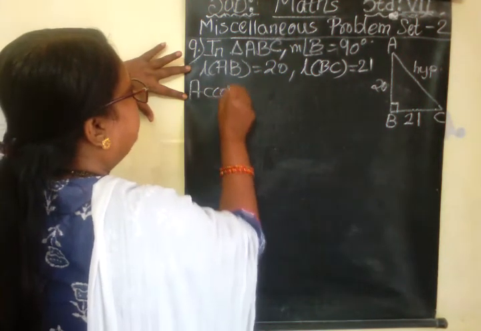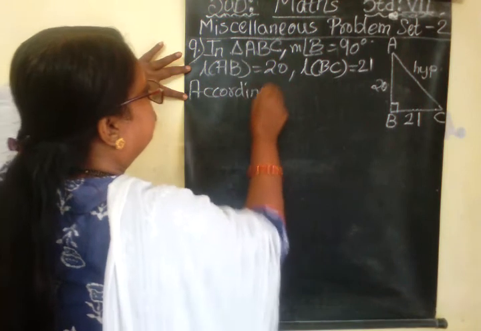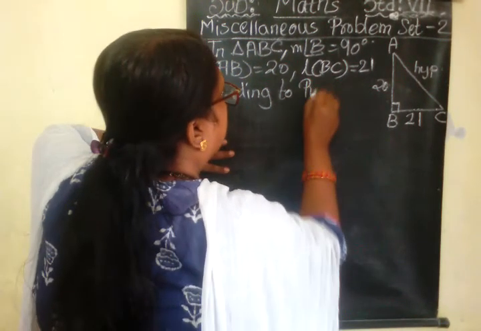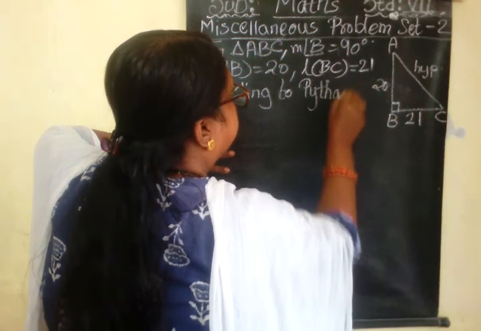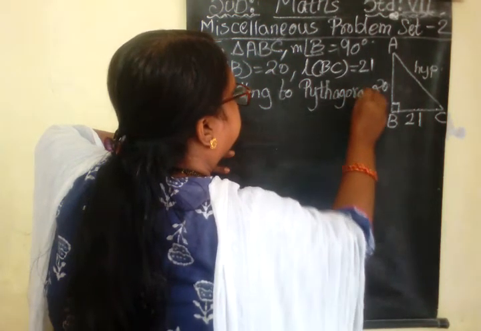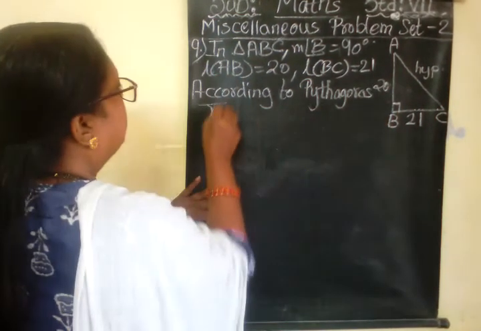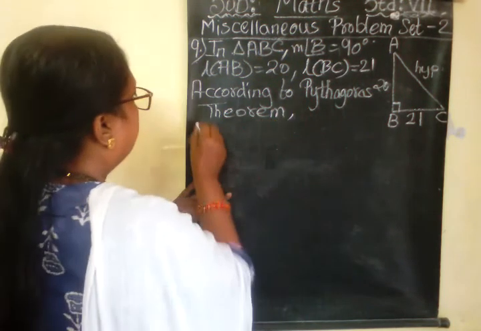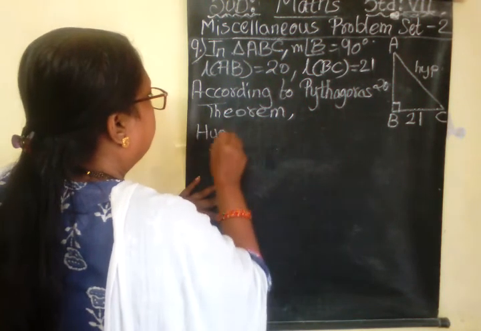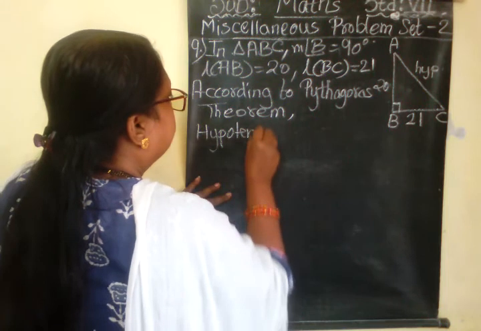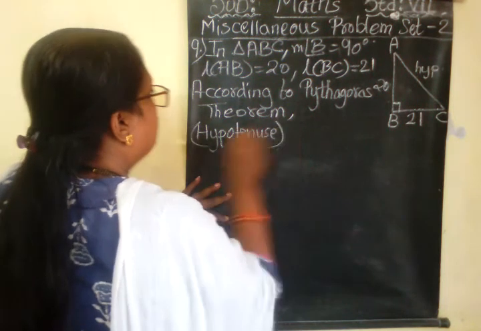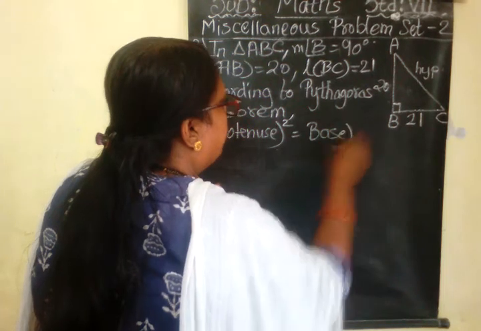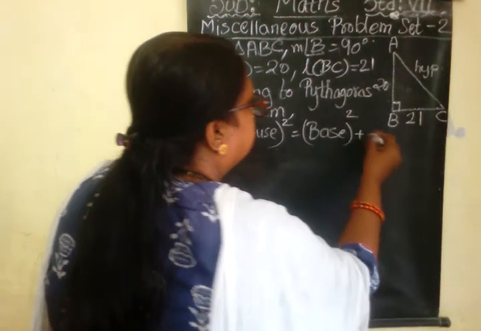So according to Pythagoras theorem, hypotenuse square is equal to base square plus height